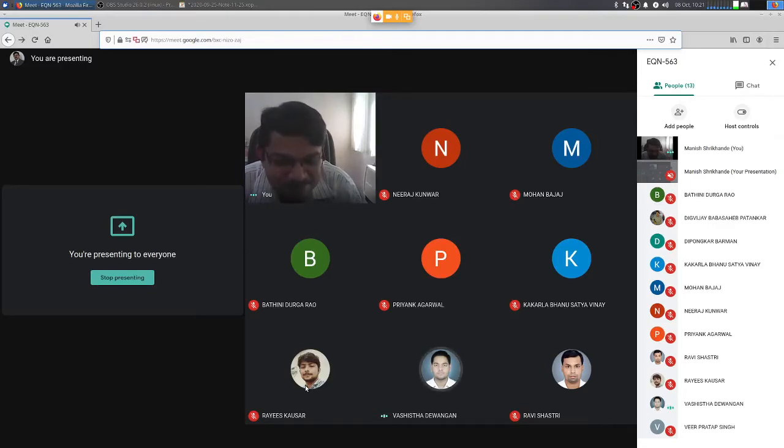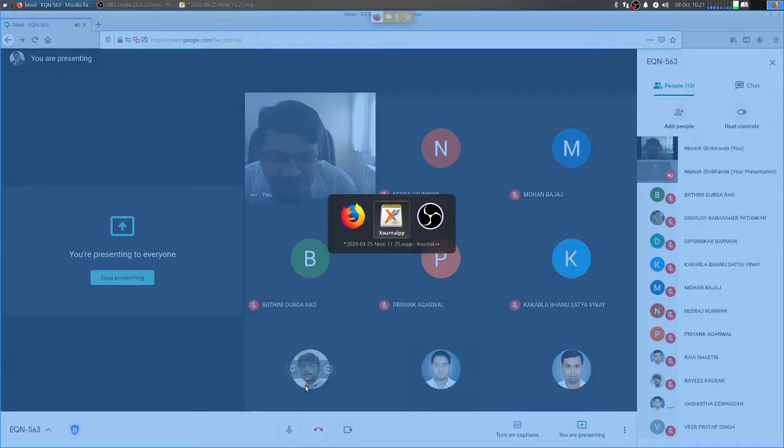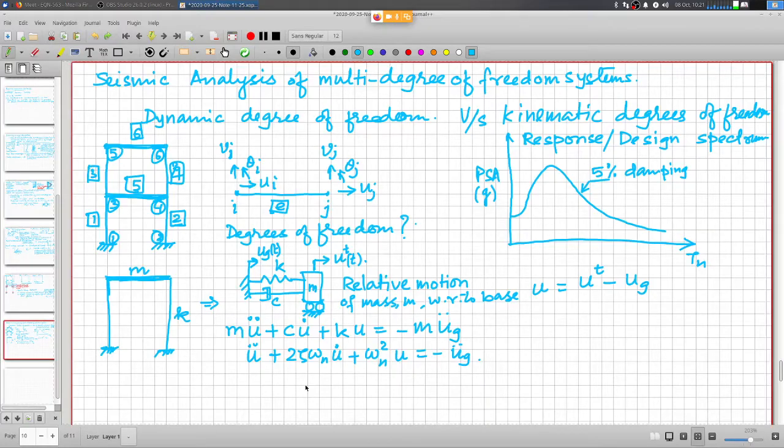Yeah, maybe we are looking for peak responses. Yes. So peak response of what? What do you need for designing the system? What if I have to design this particular building for earthquake ground motion, then what is it that I am looking for? Peak acceleration or peak displacement. So what will that give me? Structure.